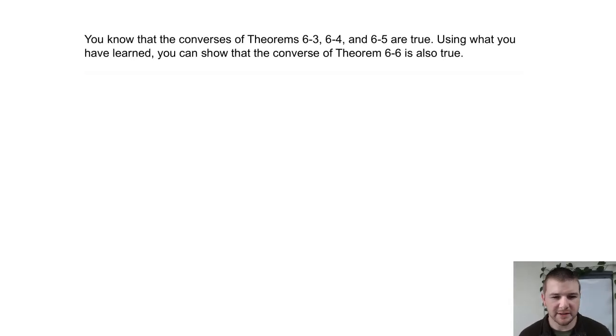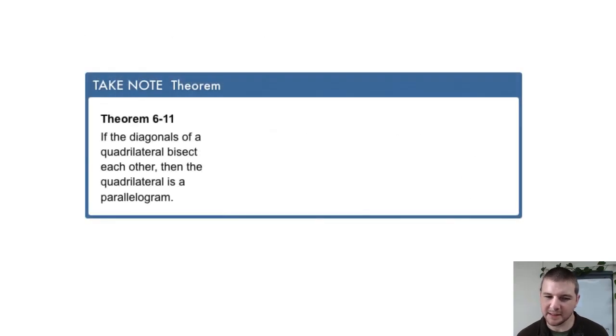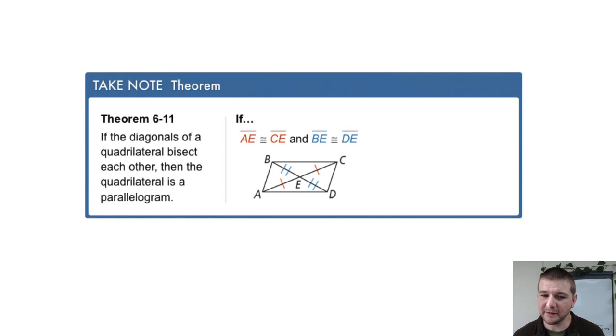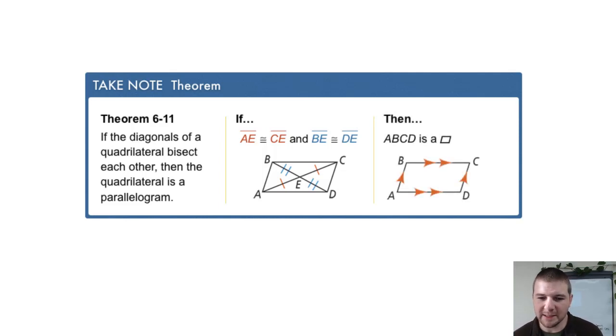You know that the converses of Theorem 6.3, 6.4, and 6.5 are true. Using what you've learned, you can show that the converse of Theorem 6.6 is also true. Theorem 6.11 states, if the diagonals of a quadrilateral bisect each other, then the quadrilateral is a parallelogram. So if segment AE is congruent to segment CE, and segment BE is congruent to segment DE, then quadrilateral ABCD